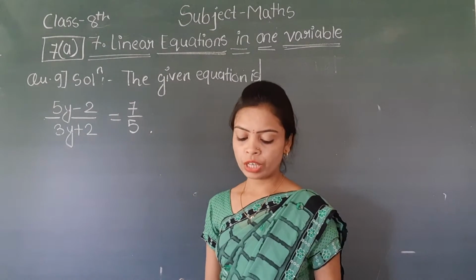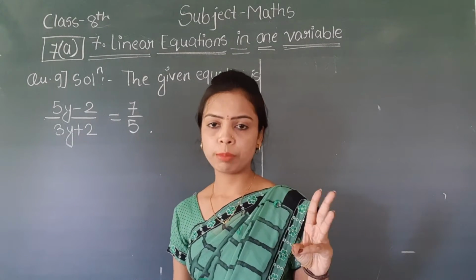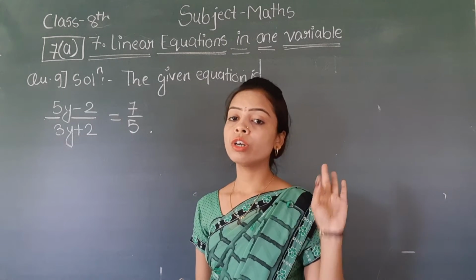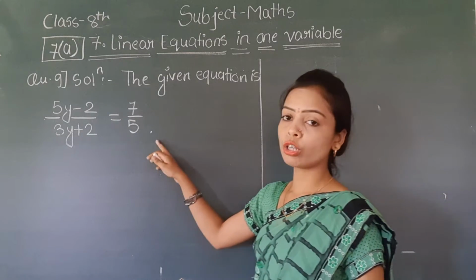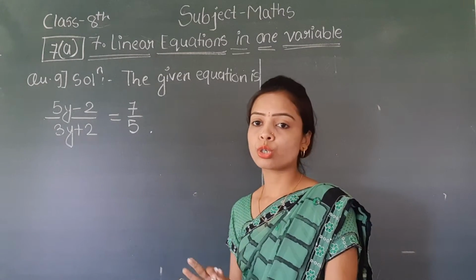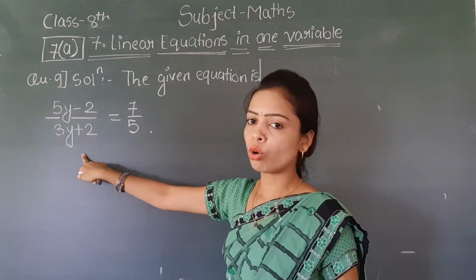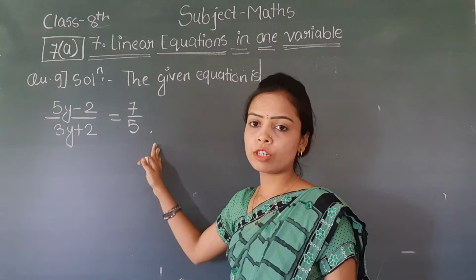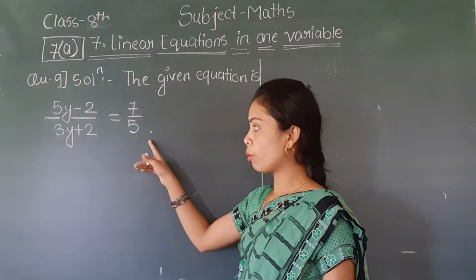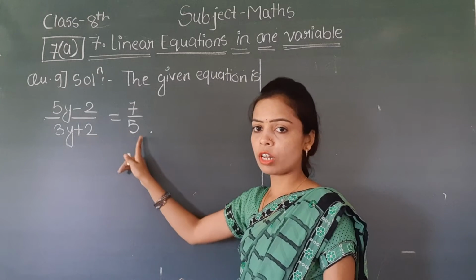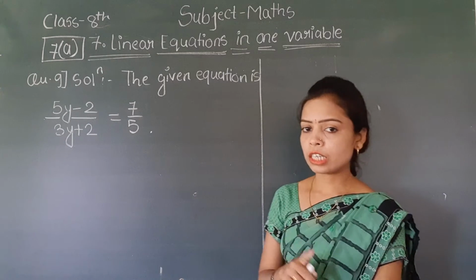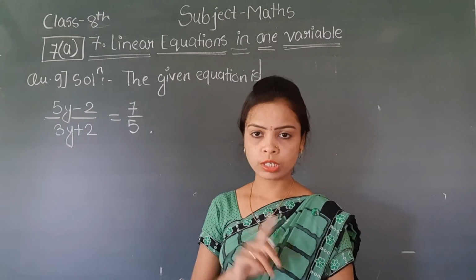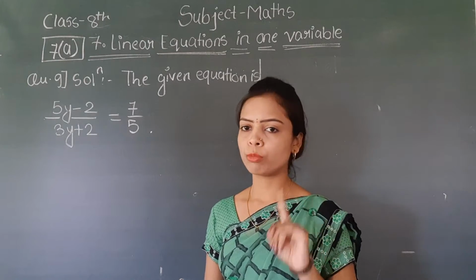Okay, so we have completed 3 questions in the previous lecture. In all the 3 examples, there is no denominator on the right hand side. All the questions we have solved up to now have the denominator on the left hand side of equals to, but not on the right hand side. So if there is a denominator on both sides, in the left as well as in the right, then in these types of questions we have to remove the denominators of both sides. Our first step is to remove the denominator.